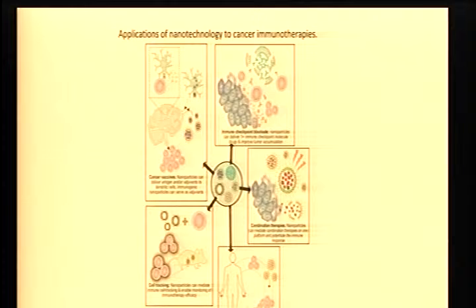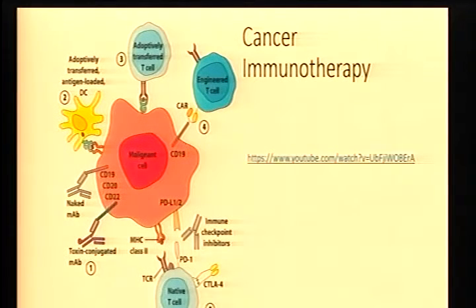Combination therapy is simply getting rid of certain cells and then creating a good environment for the drugs to act better. You can use it for cell tracking because if the nanoparticle contains any kind of a radioisotope or some kind of a molecule, you can track the cells. And adoptive T cell therapy is the same: manufacturing of T cells and adoptive therapies. These can enhance T cell cytotoxicity.